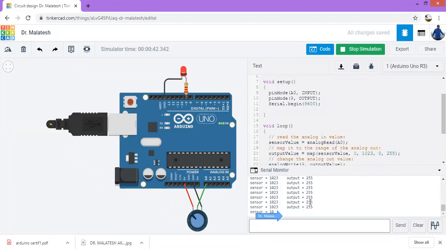At the same time, the output also will send the 5 volts to the output. And it need not be the 5 volts for the input and the 5 volts for the output, doesn't matter. I can apply any voltage from 0 to 20 volts for the input, but its range will be again from 0 to 1023 only. But I can convert into 0 to 255 because the output voltage for the digital pins will be either 0 volts or maximum 5 volts only. So we can't change it beyond 5 volts. But input voltage for the analog can be any voltage, but we can change the range accordingly.